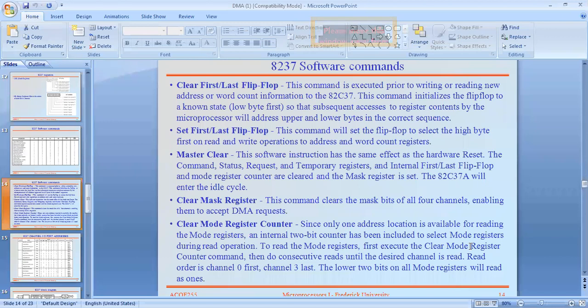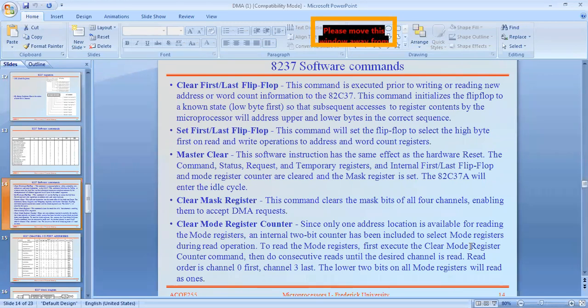It may be an 8086 or an 8085, an 8051 or an ARM controller, whatever the microprocessor or microcontroller is. This 8237 clear first and last software command is used to access the register contents. All the information here is given from the view of the microprocessor, but it is also suitable for all microcontrollers.